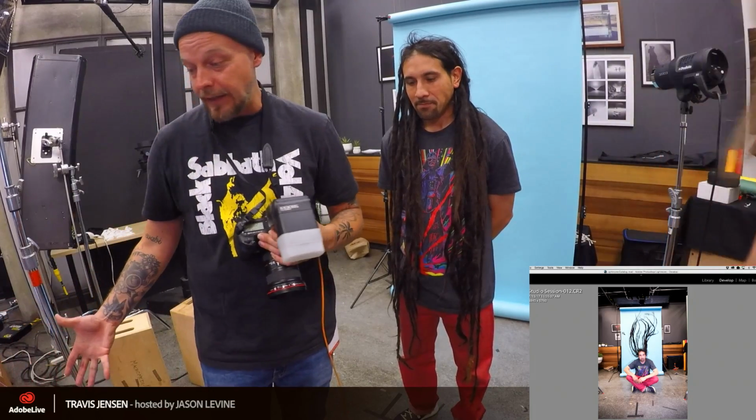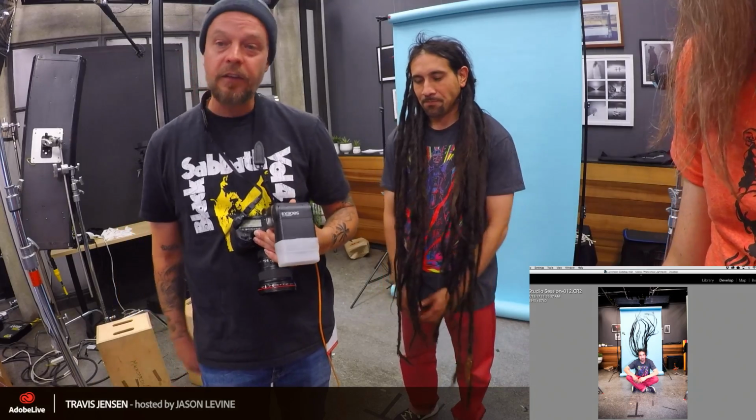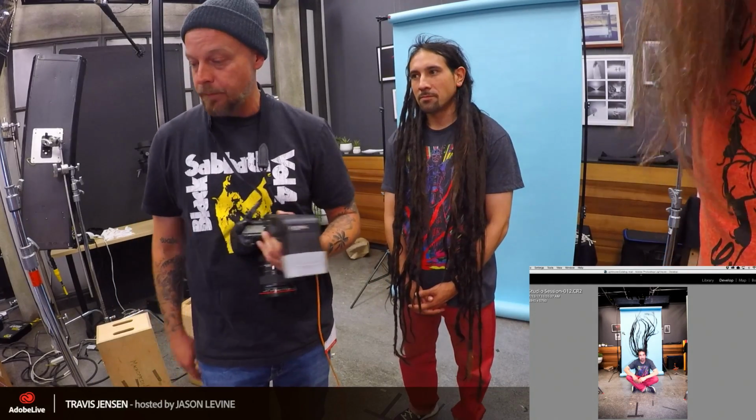His face is evenly lit. Oh yeah, like the skin tone and everything. Yeah, the skin tone's perfect. I had to switch my white balance for